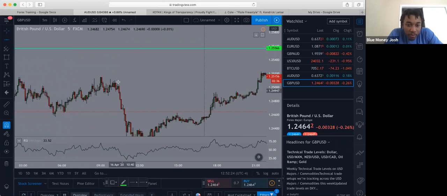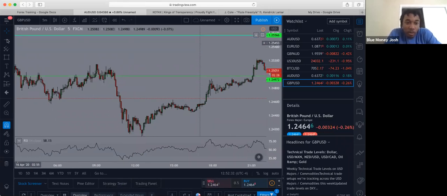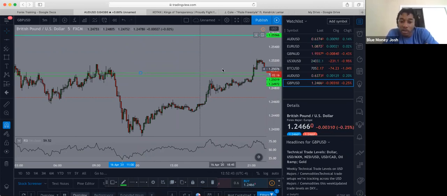We entered here for the sell. Let's say we entered right here. You want to keep your stop loss as tight as possible because that's the money that you would lose if you're wrong. So you want to keep that as tight as possible. The target price is where you can have a little leverage because you want to make as much money as you can,